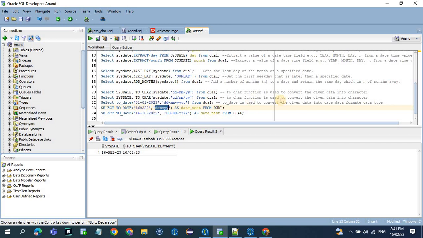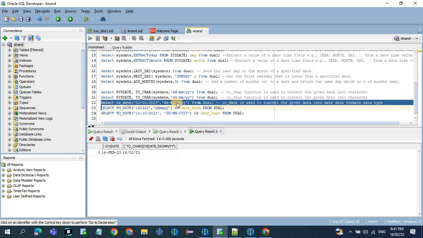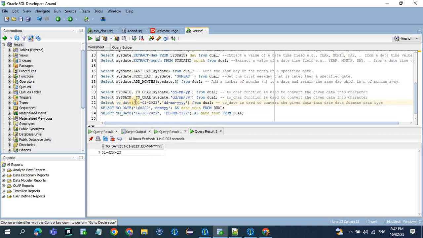And the other one is about to date. To date is used to convert the given date into the date format data type. So if I want to display this date, I mean, I want to convert this string to date format. So this is the string value, and I'm converting it into a date. By default, it will be in this format like 1 Jan 23. Or similarly, if I want to convert this string value to a date function,